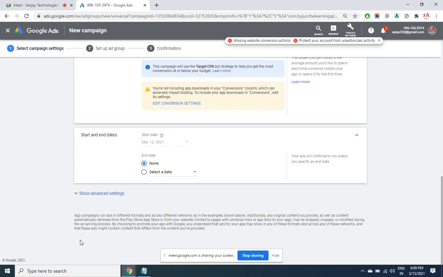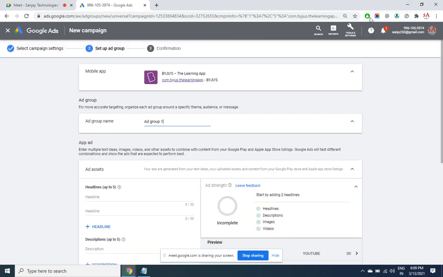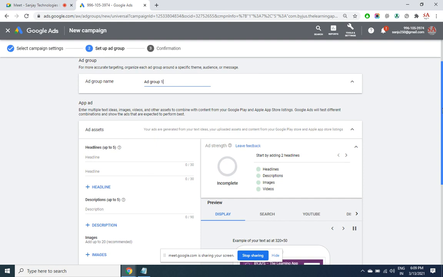In the next screen you are going to create an ad. You will be able to see the ad preview. So make sure that the AdBlock plugin is disabled. So here I'll be able to create an ad. So let me quickly give the headlines. So Byju's means